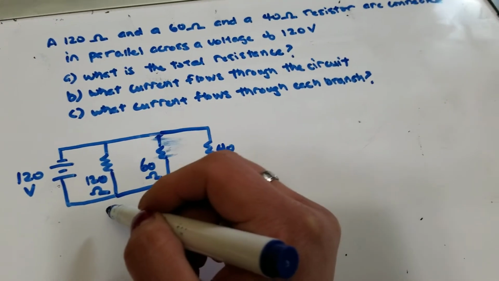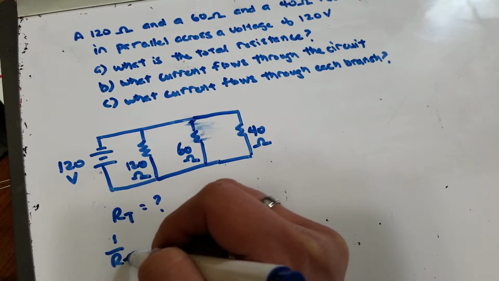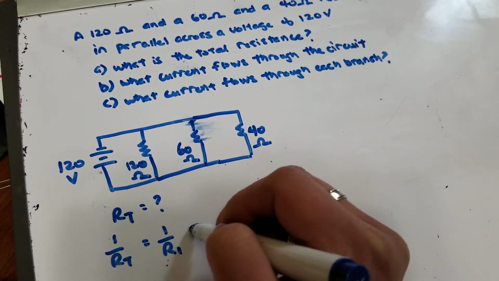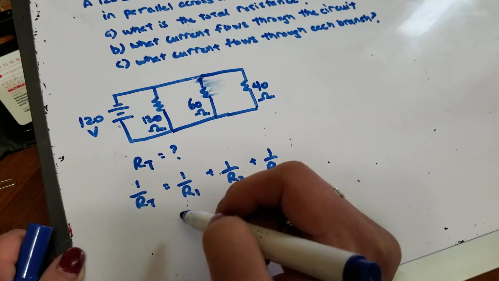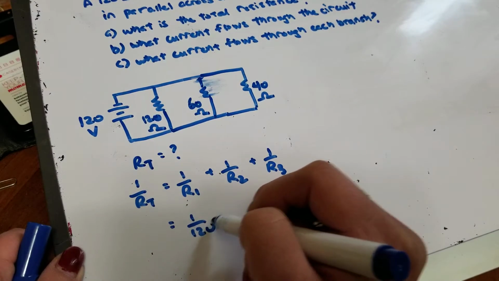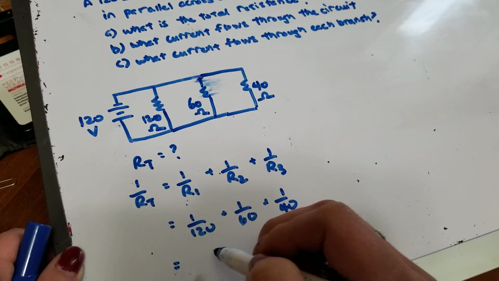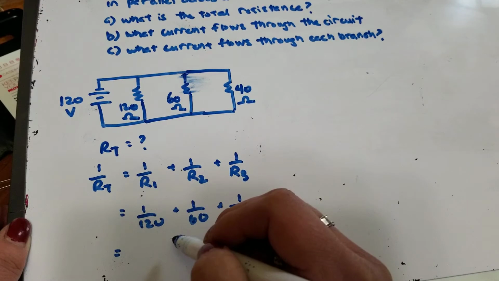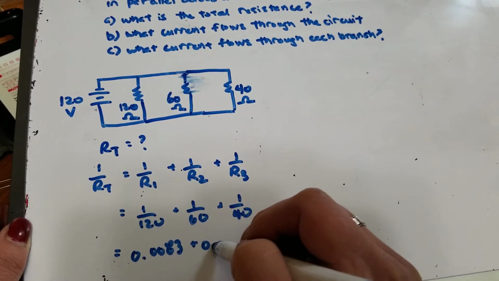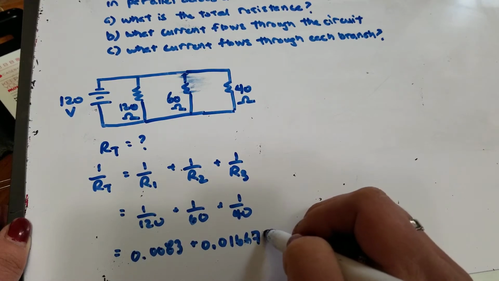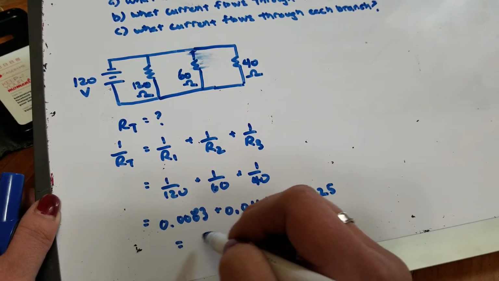So if you remember from the notes, RT is equal to question mark. 1 over RT is equal to 1 over R1 plus 1 over R2 plus 1 over R3, which becomes 1 over 120 plus 1 over 60 plus 1 over 40, which becomes 0.0083 plus 0.01667 plus 0.025, just in case you were wondering about the calculations,